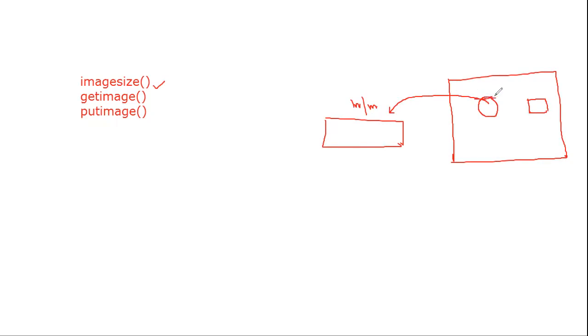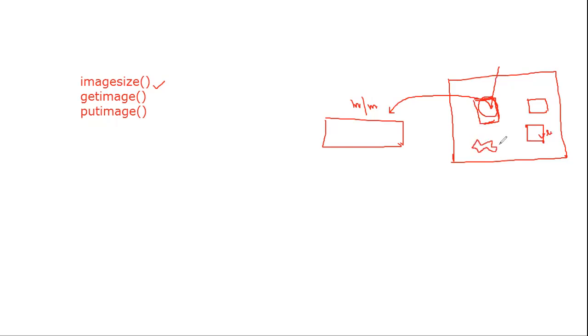We will create a rectangular region across this object into which the object will fit in. If it is a rectangular object already drawn, then it is easy to know simply what is the left top and what is the bottom right. So that will define a rectangle. If it is an arbitrary object, let's say you have drawn this,